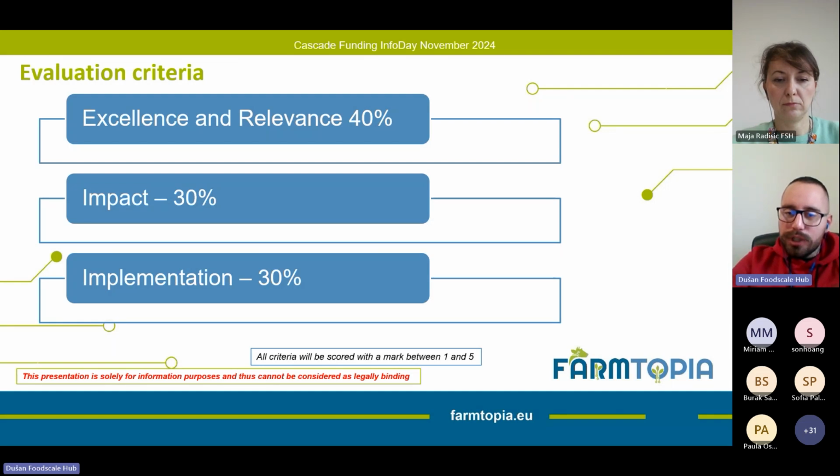After the eligibility check has been performed, the applications or proposals will be assessed against 3 criteria: excellence and relevance with a weighing factor of 40%, impact with a weighing factor of 30%, and implementation with a weighing factor of 30% as well. And they will be scored with a mark between 1 and 5. In order to pass the selection threshold, the proposals need to achieve an average mark of at least 3